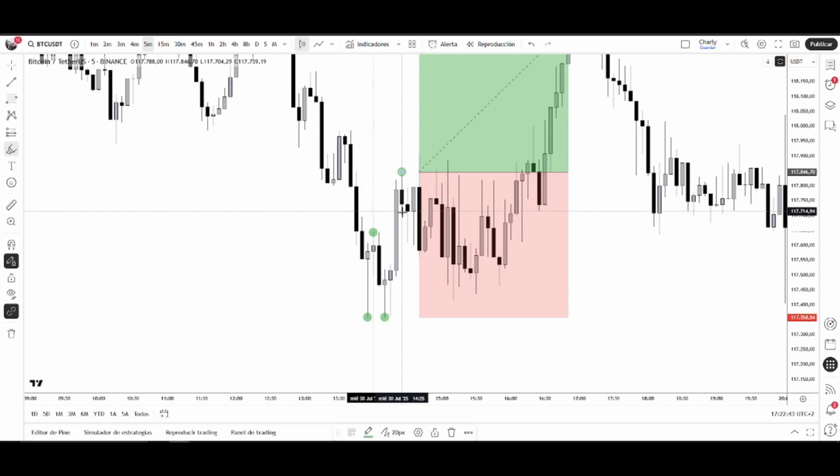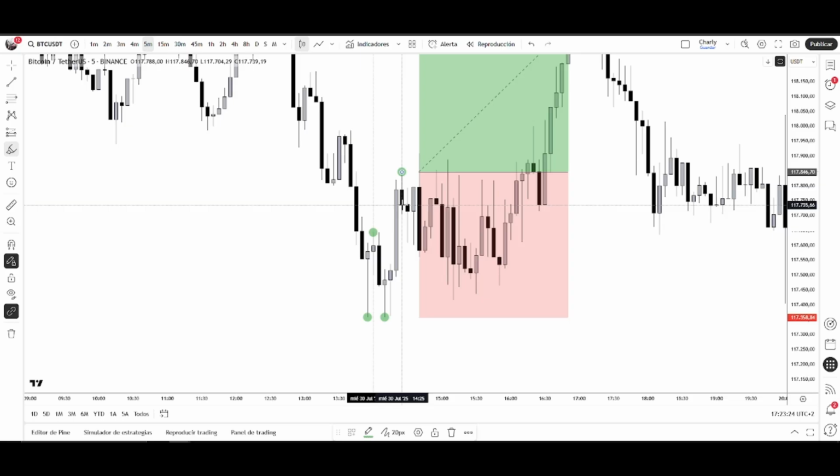Basically, the second pullback can be valid in one of multiple ways, but in this video I'm going to gift you this first way, which is just a candle against. We are in a bullish trend. A black or bearish candle is going to tell us, hey, the second pullback is already confirmed. So this is the second impulse. This is clear. Now the second pullback is created as soon as this candle closes bearish. Done. At this point, when this candle closes, I'm already thinking about getting into the bullish rule of the third impulse, because for me, that's valid already.